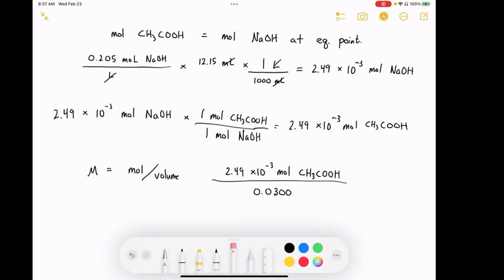So we're going to put 4 sig figs because we measured out accurately 4 sig figs of our volume. So if we do that calculation now, we should get 0.00249 divided by 0.03, and we get roughly